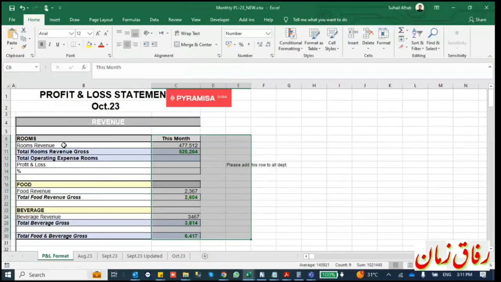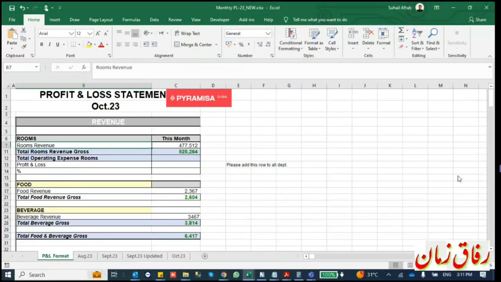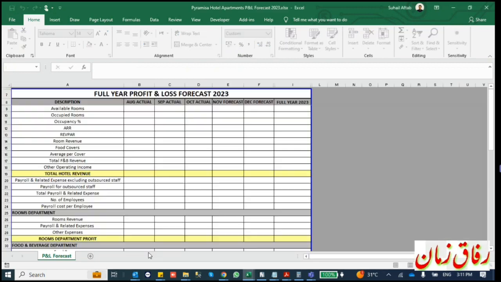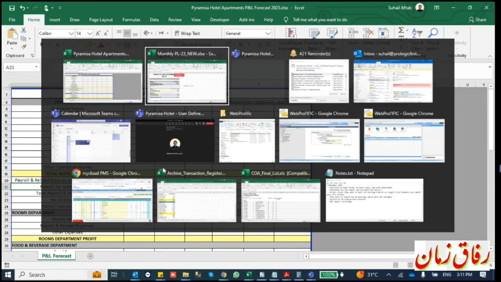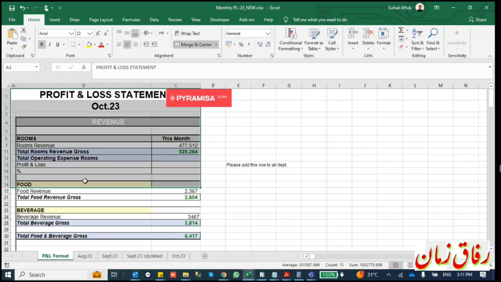From you guys. First one is this. Yeah, this is your PNL format as per you, and there is another one which is this format, which was sent by the GM. Yeah. So as we discussed, we'll start with this format, and I'll explain how to set up the user-defined